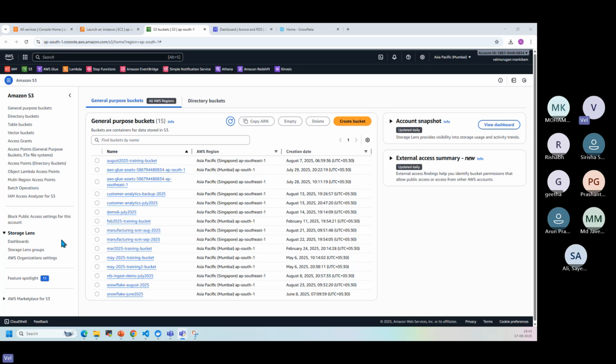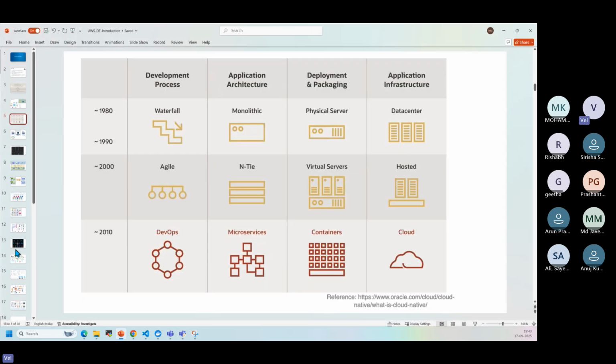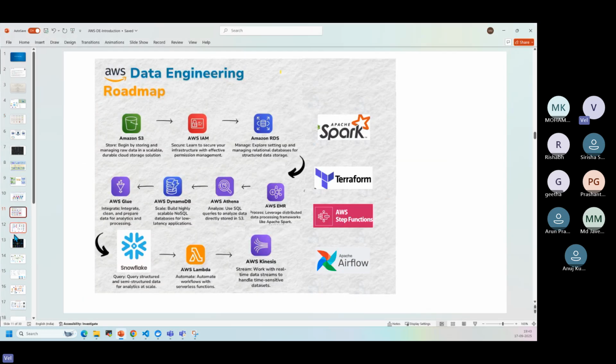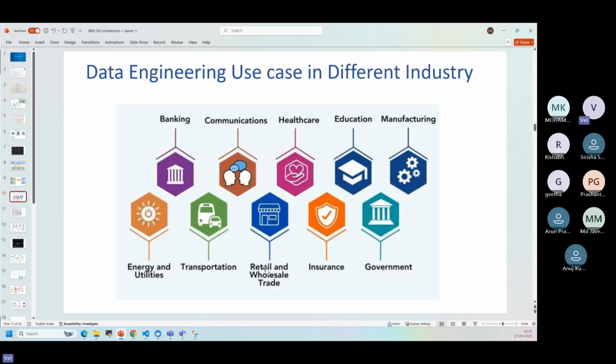I have multiple sources. Let us say you are working for banking, retail, logistics, or supply chain. You may be part of any other sector, like communication, healthcare, education, or manufacturing. Data engineering is used in all these sectors, so whichever sector you are working in,